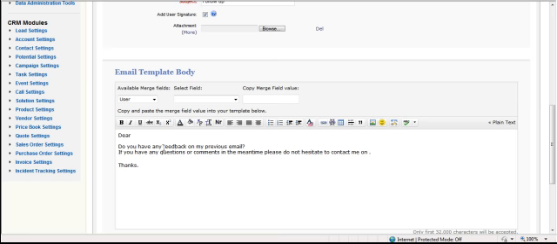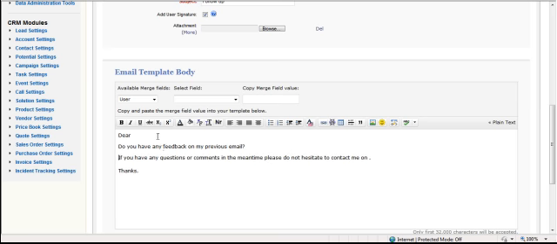It's one I've prepared earlier, and for example, dear. Now we've got the salutations, so we want to put their name there. So at the top of the email here we see some record types that we can select: user, organization, or leads. Now I'm dealing with the leads, so I want to put the lead name, so I put lead, and